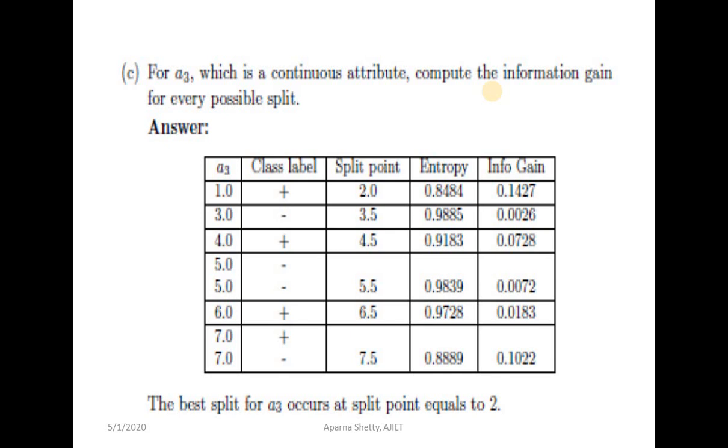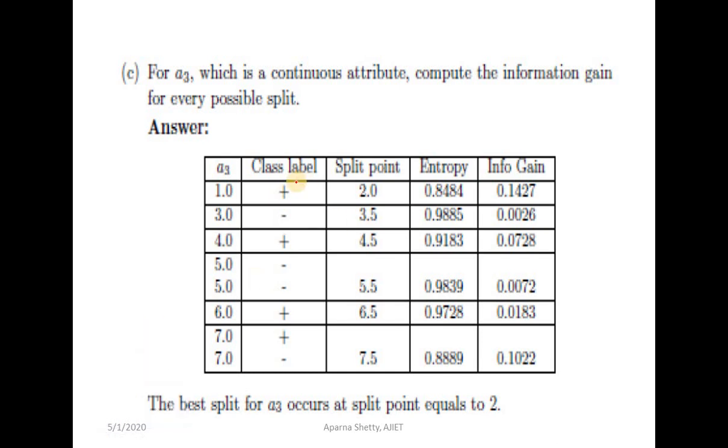Those are continuous values. First, you will write these values in increasing order: 1.0, 3.0, 4.0, 5.0. 5.0 is repeating twice, so write it 2 times. 6.0, also 7.0 is repeating twice. Here, the last value in the table, which is 8.0, you shouldn't write here. The last value 8.0, don't write here. Remaining all other values, write them in increasing order. Once you have written these values, next write the class label of these values.